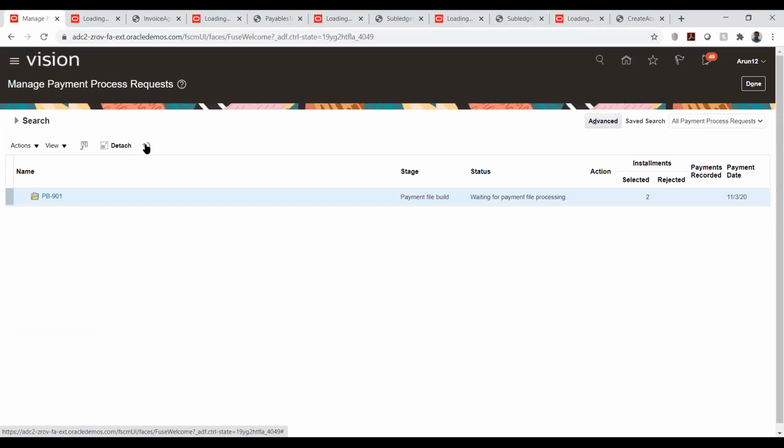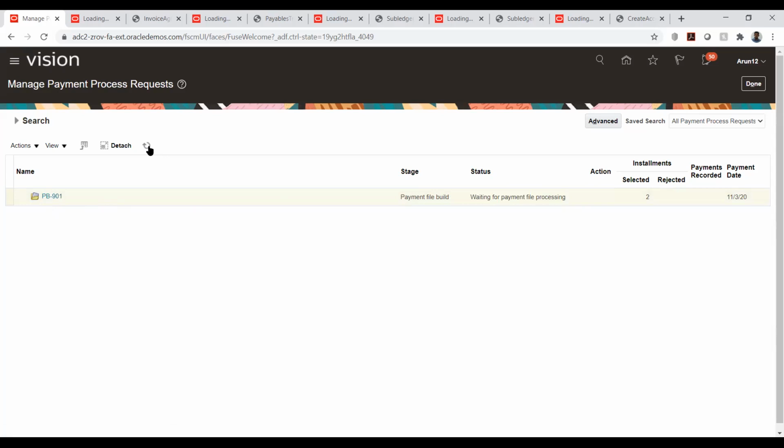I think from here it will not move. So the only step that is pending for us is after building the payment. We will have the status as confirmed. Once we see this, we can extend this box and we can download the payment file from here. The format that we used is this one, bank transfer request, I think. Yeah, so that will be our format, and there we can see there are two invoices selected.